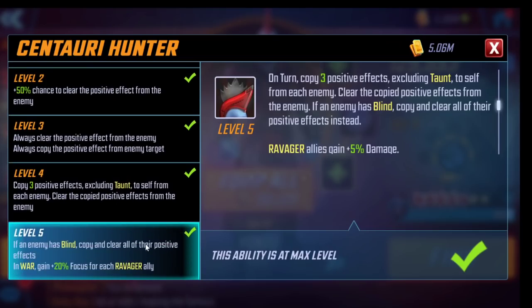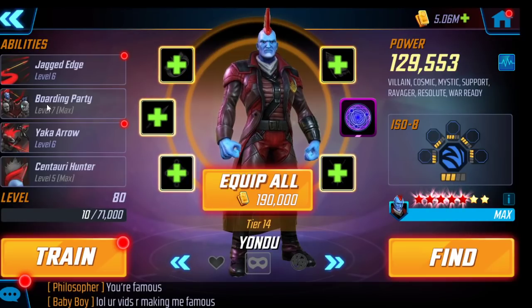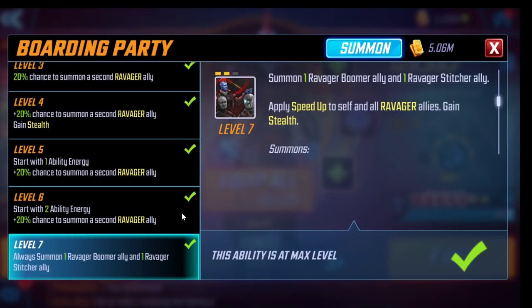Yondu, I think the 20% focus per Ravager ally is huge in war. So that's 80% focus. And then copying and clearing all of their positive effects, versus 3, I think is, once again, very nice to have. I mean, this, if not essential, is in the very, very nice to have category. And plus, by the way, this also means that your summons, the Yondu summons, are going to have that T4 done. The other T4 that I've been looking at is getting both summons